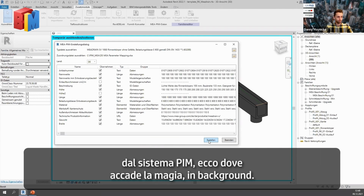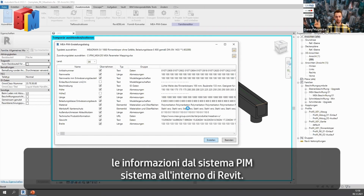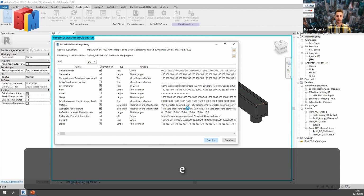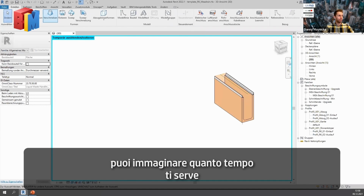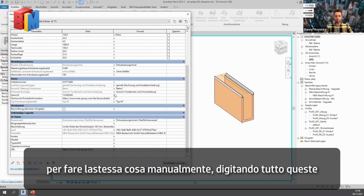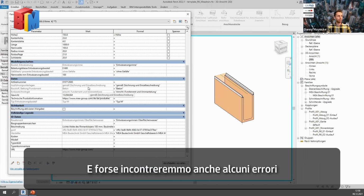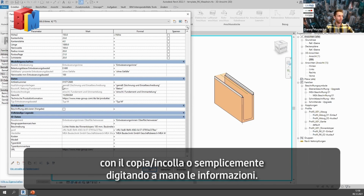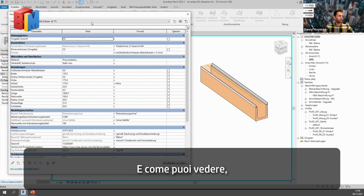Now in the background, our Revit plugin is producing all these types inside of the family and is pushing the information from the PIM system inside of Revit. And you can imagine how much time you will need if somebody is doing this manually, typing all this information from one sheet to the other side, and maybe they will implement some errors with copy paste or with typing the information. And now we have these 15 to 16 types inside of Revit, and as you can see,